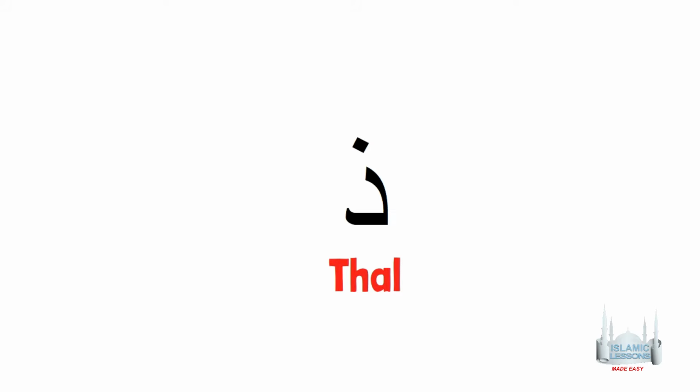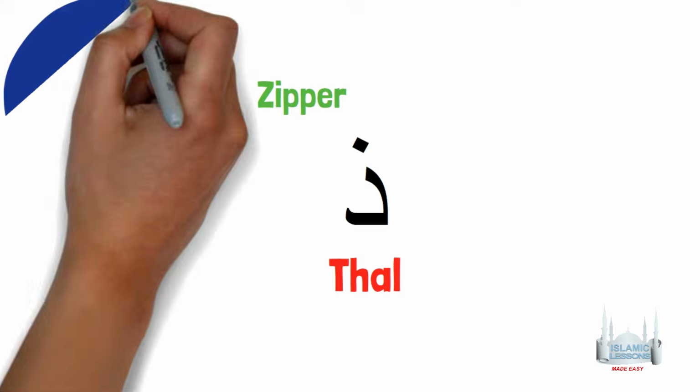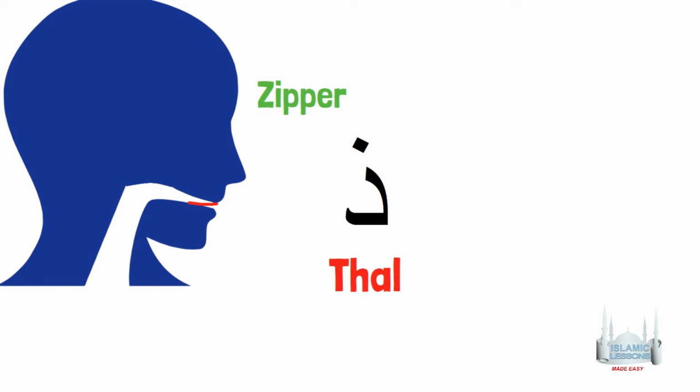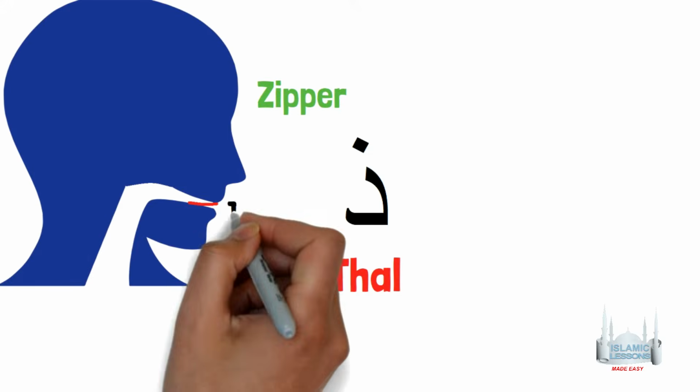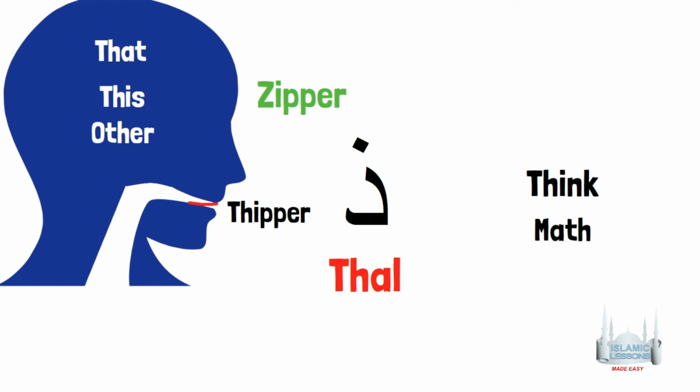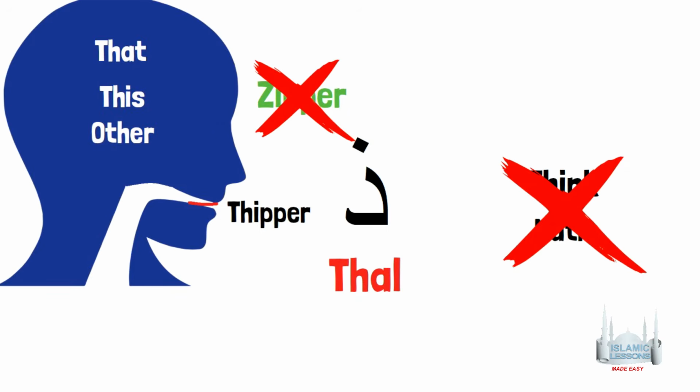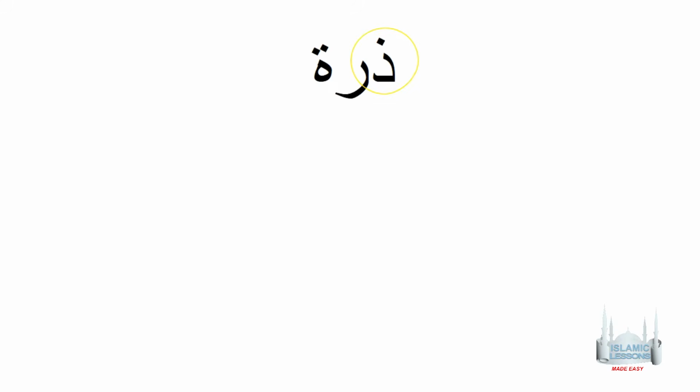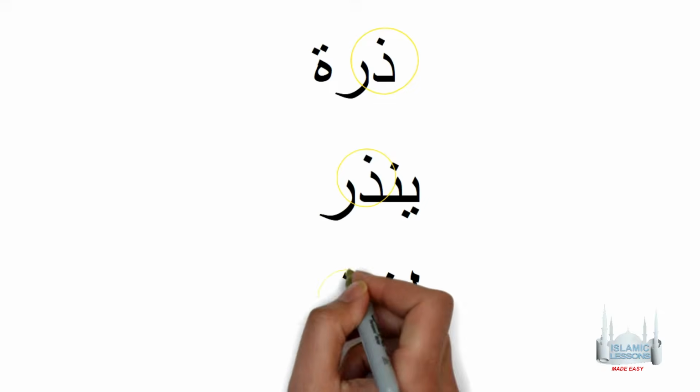If you take the letter Z in the word zipper, you place the tip of your tongue between your teeth and say zipper. In English, by placing your tongue between the front teeth, you can say the words such as that, this, other. It's not the TH in the words such as think or math, as explained earlier. That is another letter. It is also not Zal with a Z sound. This is what the Dhal looks like at the beginning, like this in the middle, and like this at the